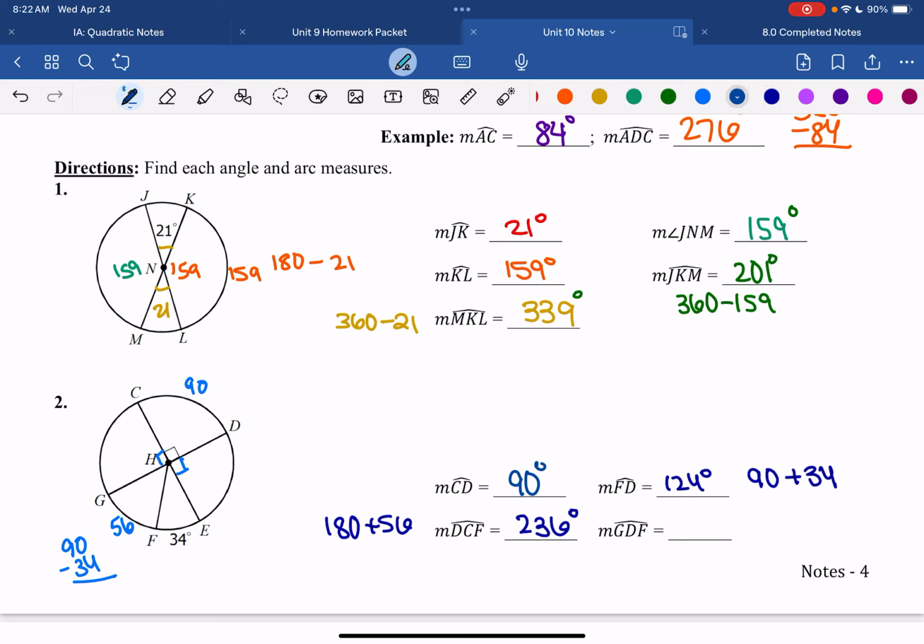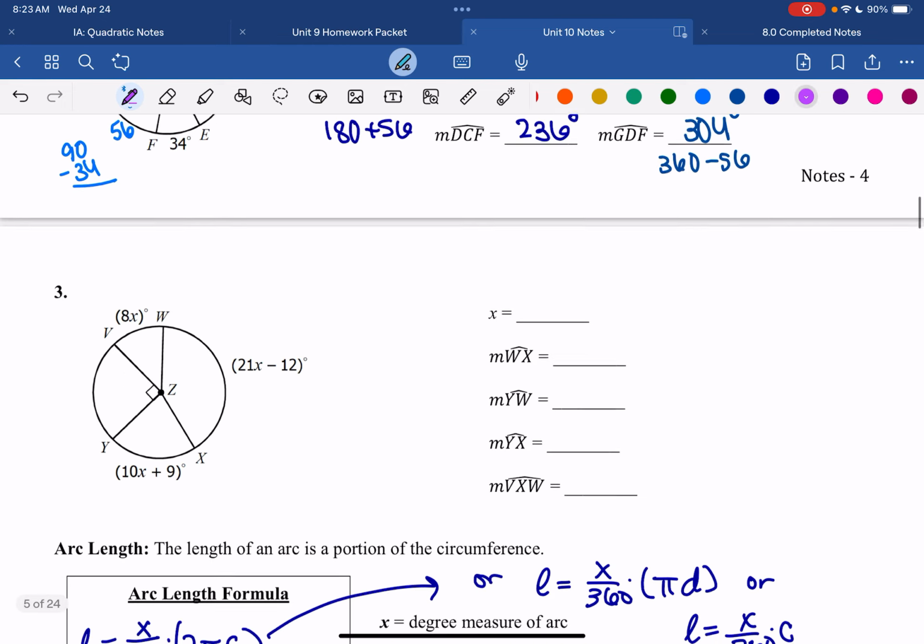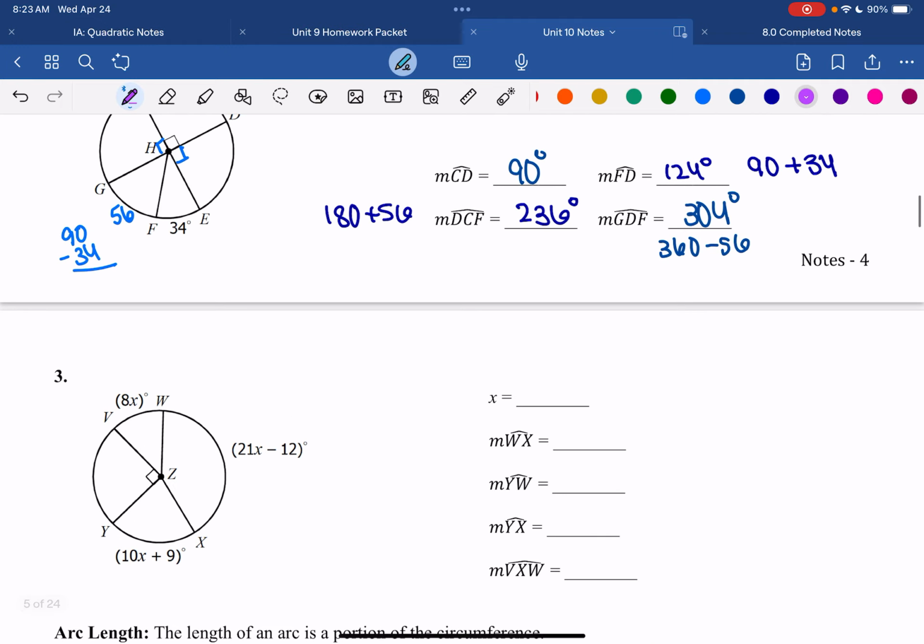Now last one, GDF. G to D to F. So everything but the 56. So we do 360 minus 56. So 304 degrees. Okay, flip the page. So number 3. So now we're going to have to find